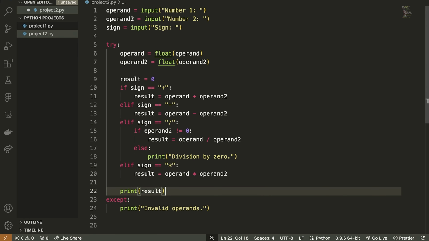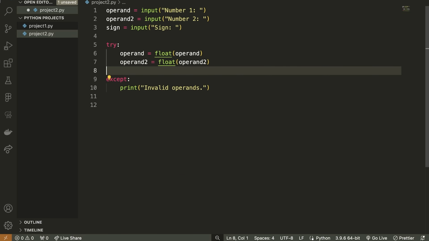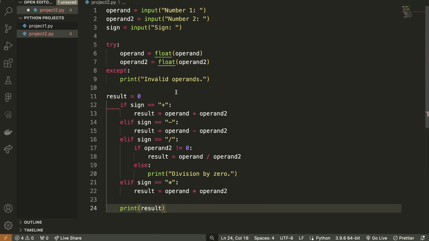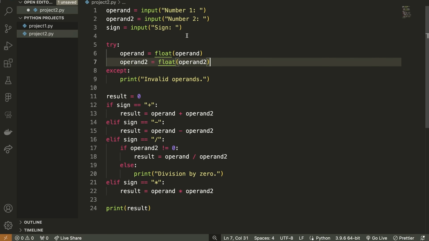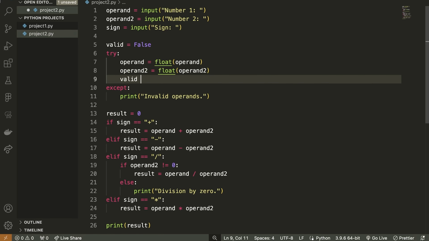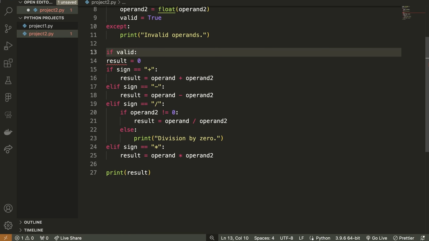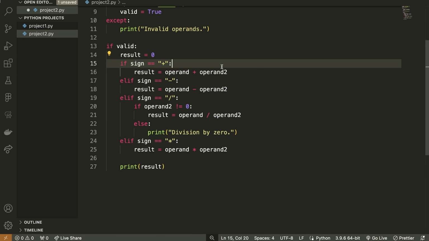And now this will only run if the operands are valid. So this is perfectly fine. We can do that. Or I'll just show you another technique just because this is about learning. So what I can do now is paste my code down here, get rid of all of this, and we can do something like this, where I make a variable, and I'm going to say valid is equal to false. And then all I'm going to do is say valid is equal to true. And then I can say if valid,